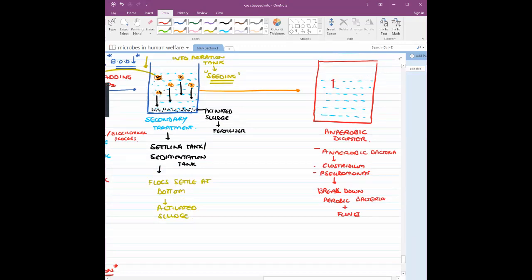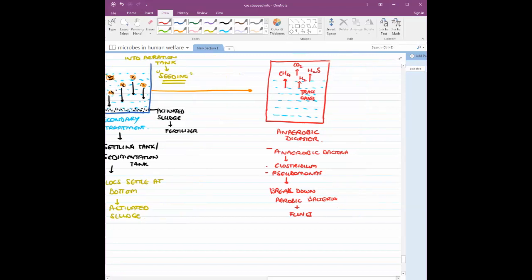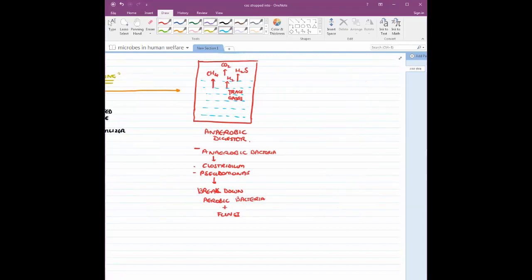So what are they going to give out, guys? They are going to give out gases like CH4, or maybe you are going to have CO2, or maybe H2, or maybe H2S, or some trace gases. Even these are going to be released during this entire process. And once this entire tertiary treatment is done, then you take these, and now the water is let out into your water bodies. So now the effluent is released